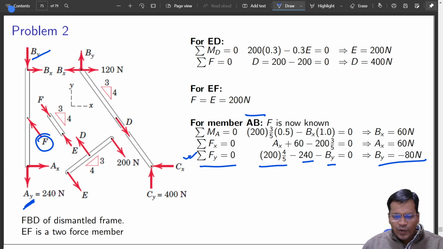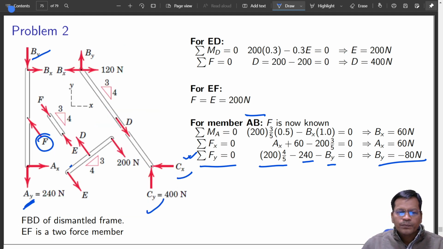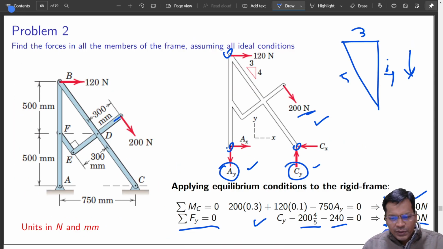Yes, yes. See why both Cx and Cy will exist. I'll show you what the scenario was. You just see this figure. This is a pin joint. That is the reason you see both Cx and Cy. Actually, it is not. And one more thing, this link and this link is not a stiff link. I'll draw it once again for you. This one. Okay. What you see here,